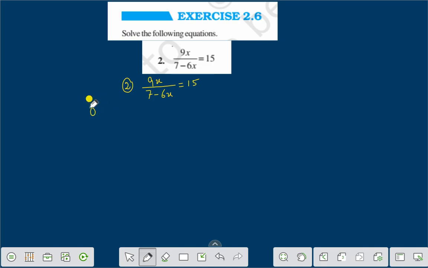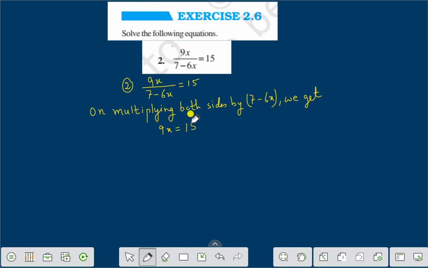On multiplying both sides by 7 minus 6x, we get 9x is equal to 15 into 7 minus 6x,